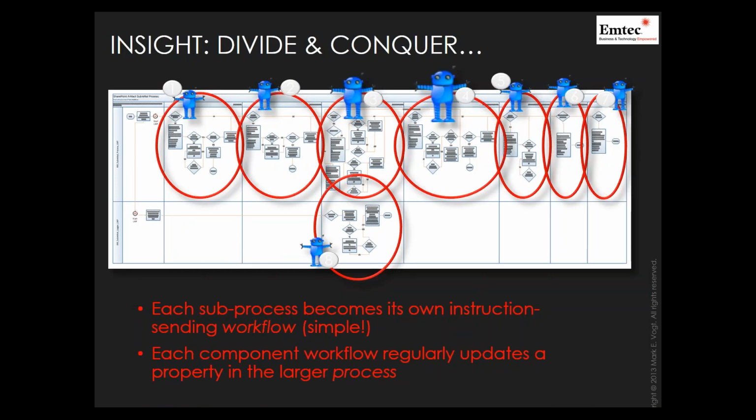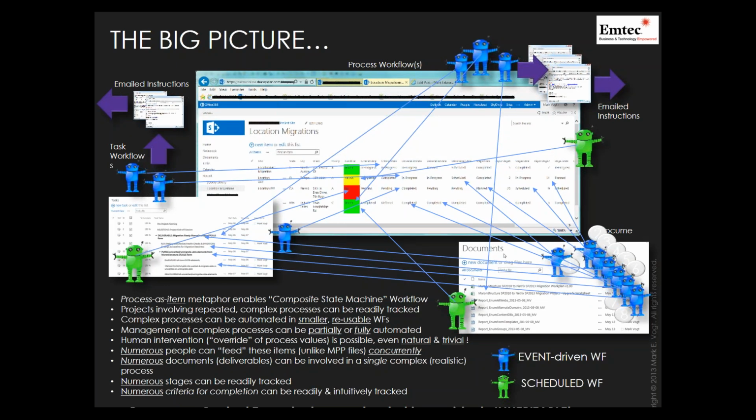Let's try to wrap up. What we end up with is dividing and conquering. We take a very large swim lane diagram and we assign pieces of it to individual robots that are actually going to handle their own little pieces. We ultimately end up with three major components, the processes list. We end up with some kind of ancillary documents and a task list and an ancillary documents list that might contain documents related to the workflow, but it's not the workflow. It's not the process itself. And you end up with a lot of little robots.